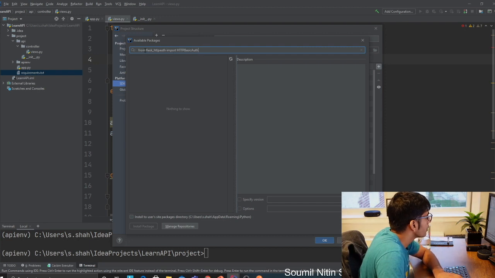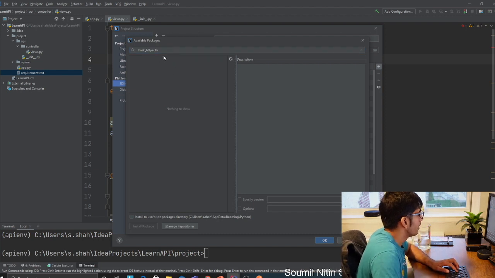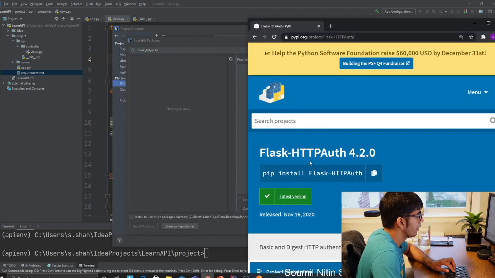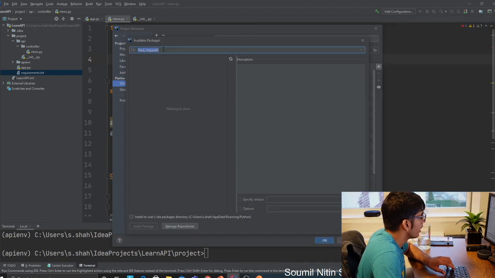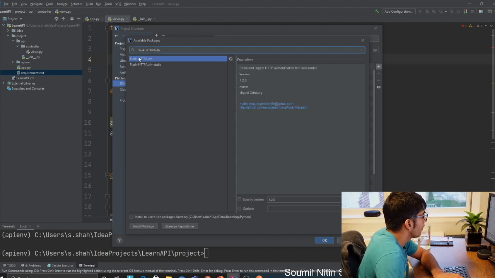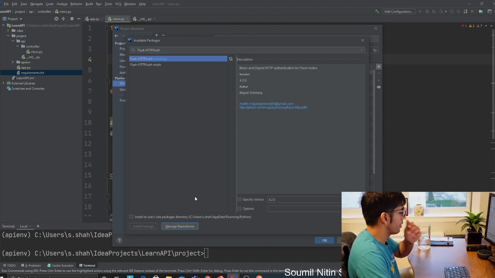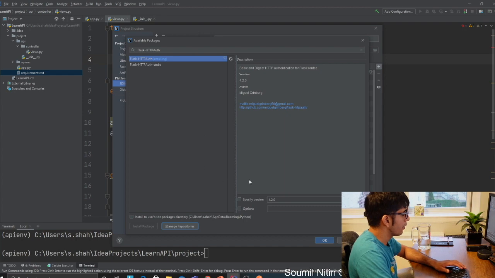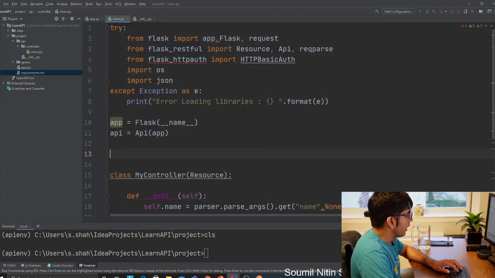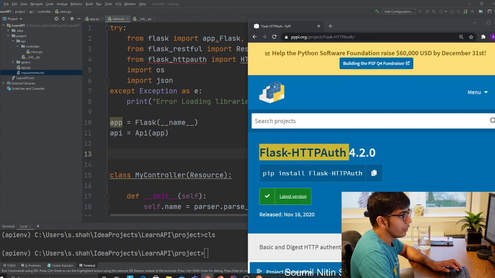I guess it was Flask HTTP authentication. You have to write the right name, otherwise it's not going to be able to find that. Try that. So there you go, you have to install the package. Just showing you one of the ways. If you want to do it that way as well, you can. Okay, so that's that. Please make sure you install the library.